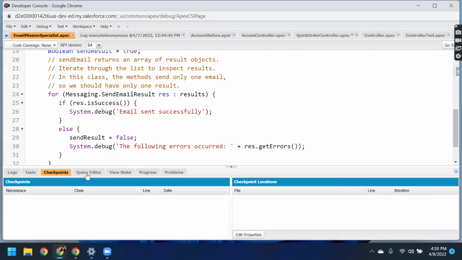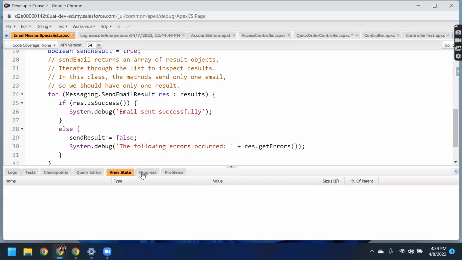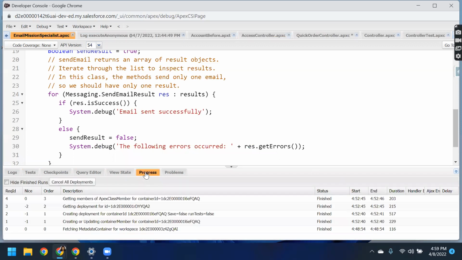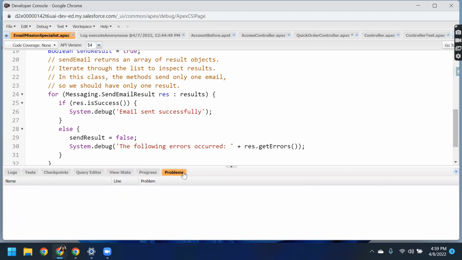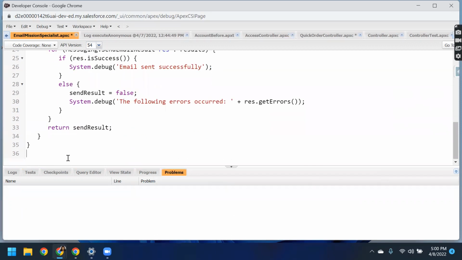There are different checkpoints. This query editor we have discussed in detail. If there is any view state, you will be able to view the size and the progress of what is happening. Any problems, if you see any problems while writing your Apex class, something is not working as expected. Suppose I add something else and try to save it with Control S. It tells me that it is saving my Apex, and then